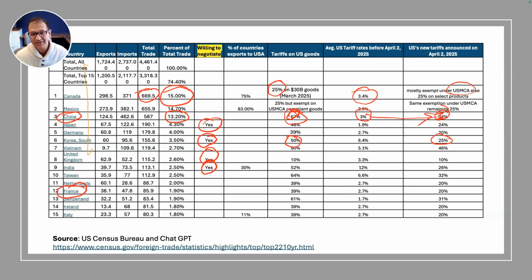And these negotiation tactics will, I think, ultimately bring us to an equilibrium where both countries will be satisfied with how things are progressing. And there will be some sense coming up in the near future of how this is handled. Same thing with Mexico. Mexico also has a lot of exemptions under the USMCA. So I think there are some negotiations that are going to happen, and we'll see some good signs. I'm personally pretty confident that we're going to see some good signs. But ultimately, we're going to have to wait and watch.